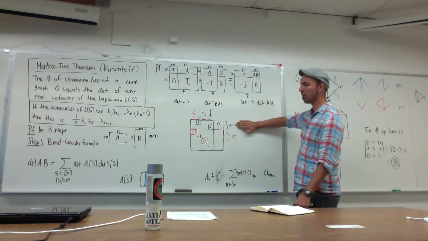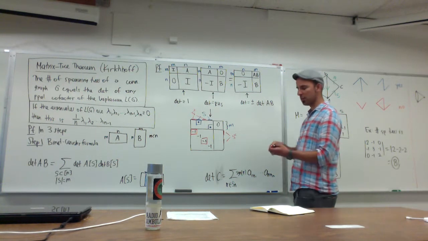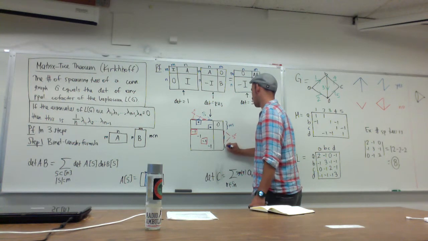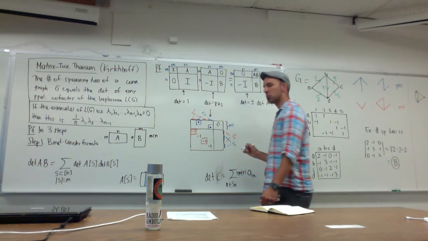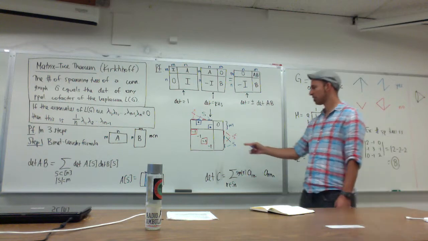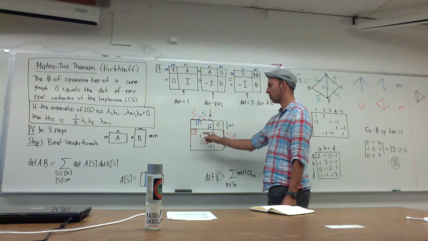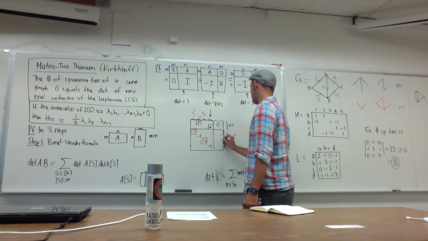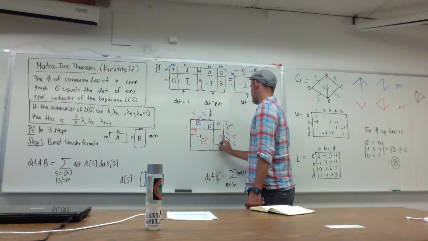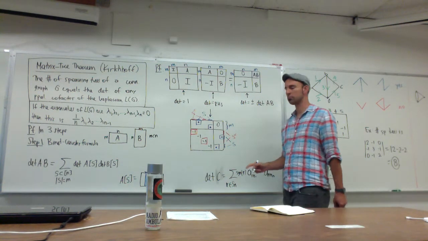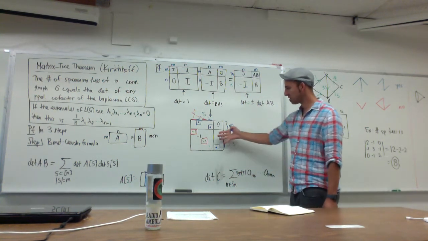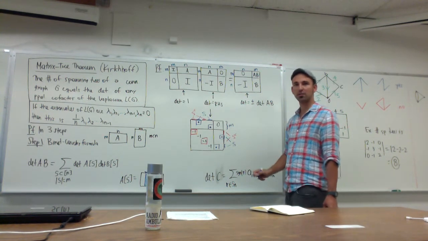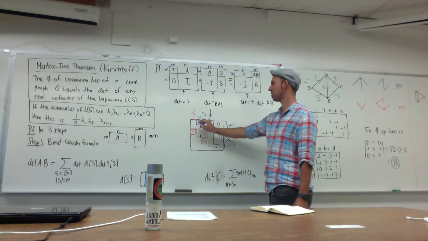So I already chose entries in the top rows, I already chose entries in S complement, but I'm still missing entries in S. So which ones should I choose? Well, I can choose whatever I want, but it's not going to be ones on this side, it's going to be over here. So I don't know, let's say that I chose this one and this one. And I can choose any possibility as long as it's in the columns, in the rows of S. And so you see what I'm doing is I'm choosing a set of S, I'm choosing some permutation of this submatrix,